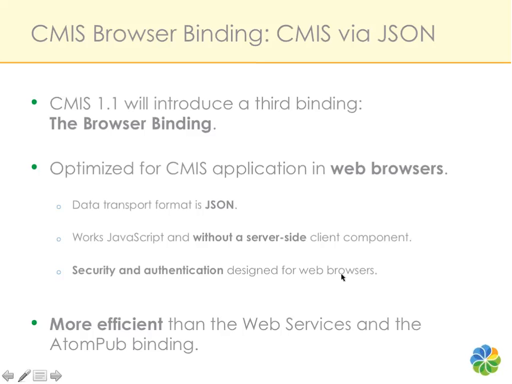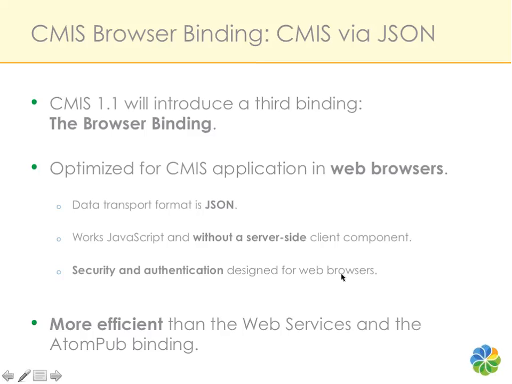So what we are going to do is introduce a binding based on JSON that a browser application can directly talk to a repository without any server-side client component. There's no translator between the web application and the CMS repository required, and we have all the security and authentication things that work in browsers and not things that only work on the server